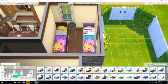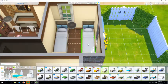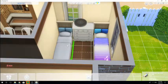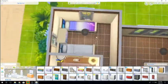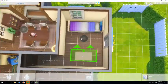So doing the bedroom now, I actually forgot about this. I'm pretty sure I do keep the 2 beds in there and make it twins bedrooms. Honestly, for the life of me, I can't remember if I keep that in there or not. I have a feeling I might get rid of it. Yeah, I do. Okay, yeah. So I go for this,